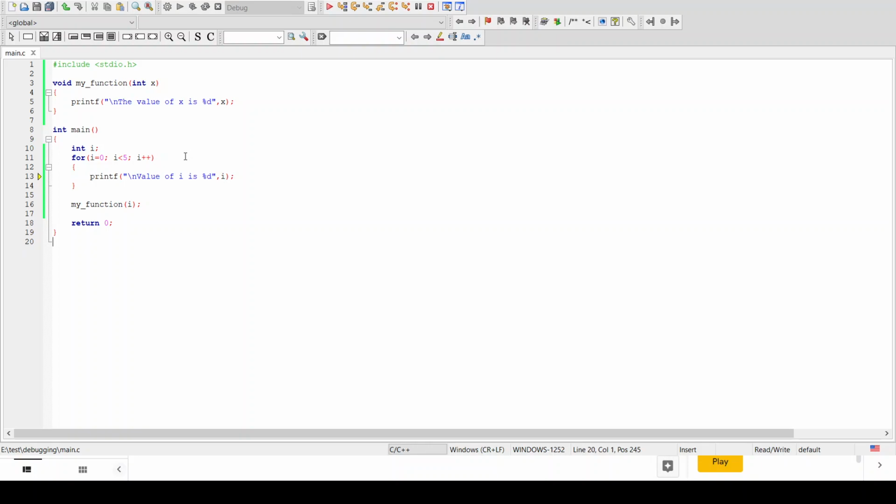But before debugging, I can mark some points, which are also called breakpoints. Let us set some breakpoints. You can just left click over the line where you would like to set a breakpoint. For example, over this printf and over this printf, I would like to check, or I would like to debug. So when I press the debug button,